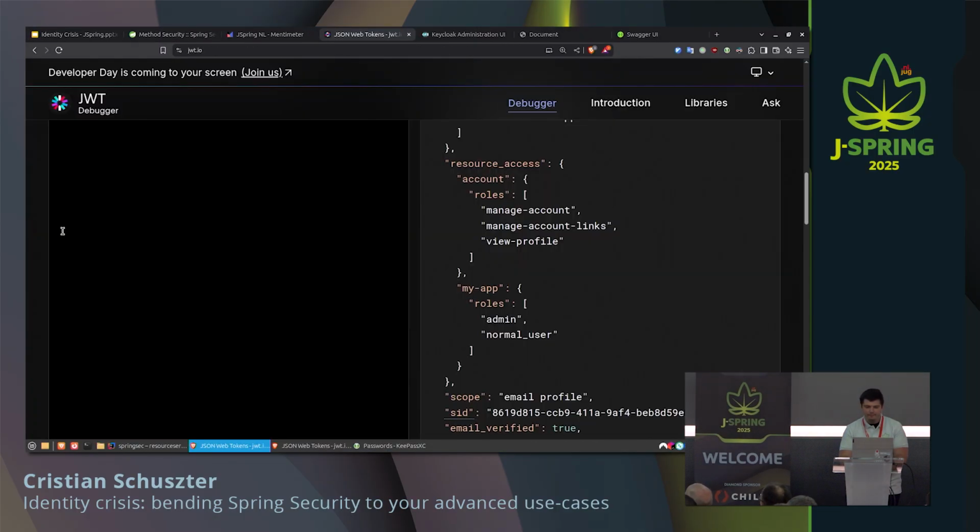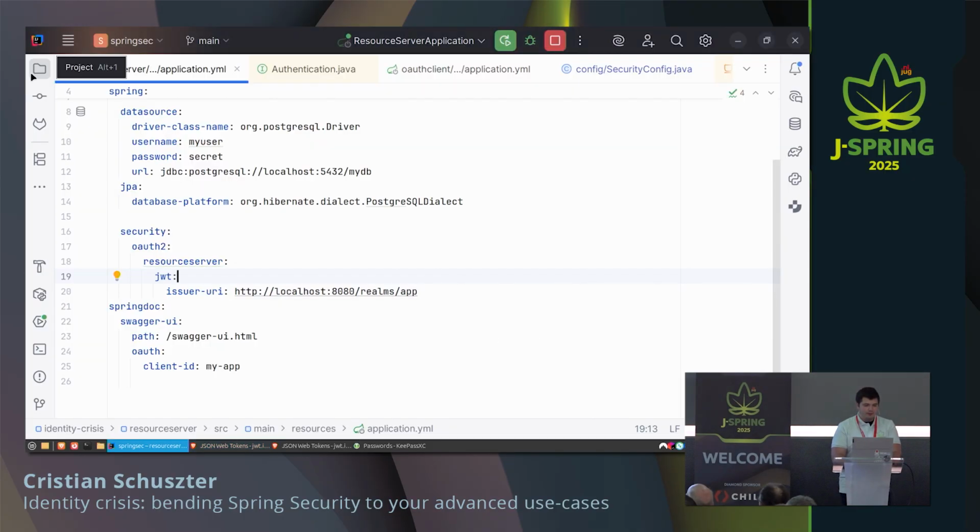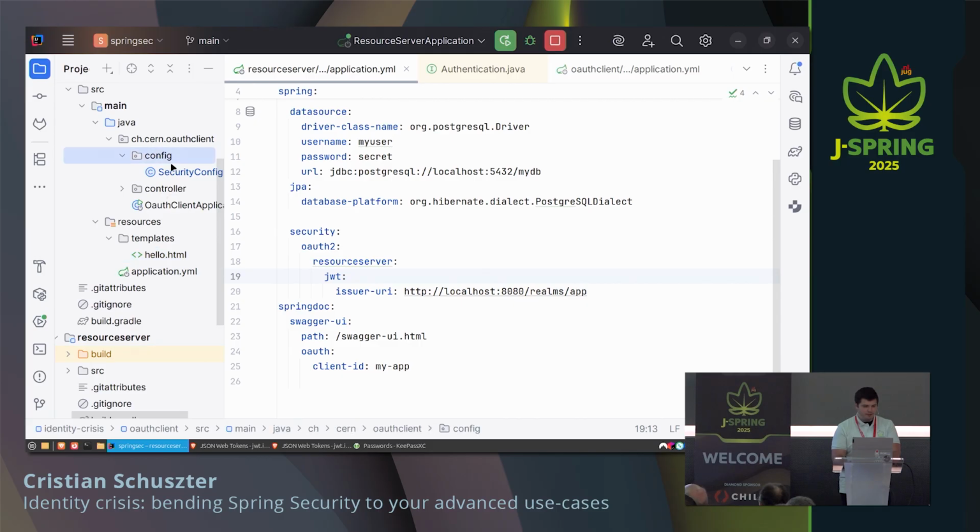Demo. I want to access this, right? Resource access, and I don't want account. I want resource access, my app, so for this current application, roles, and I want to get this list here, right? The way we do it is using